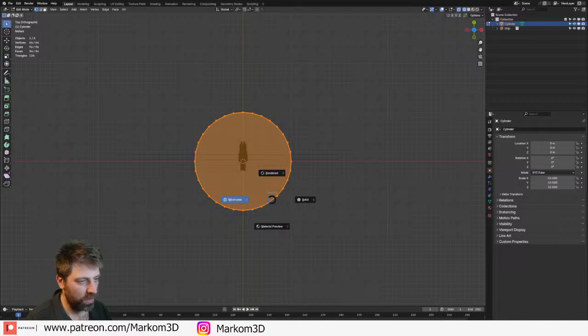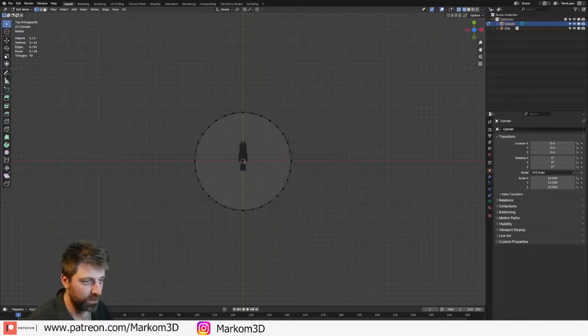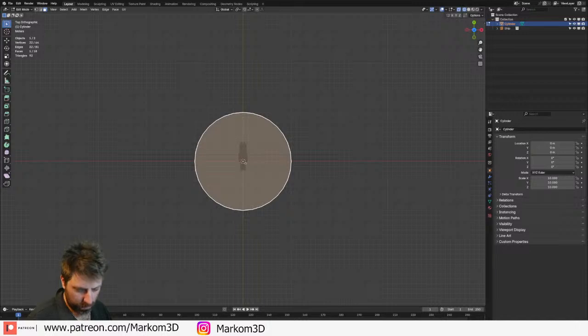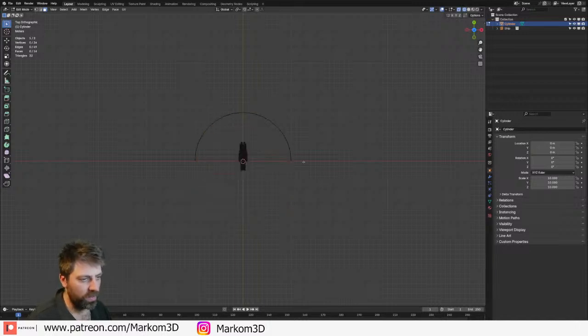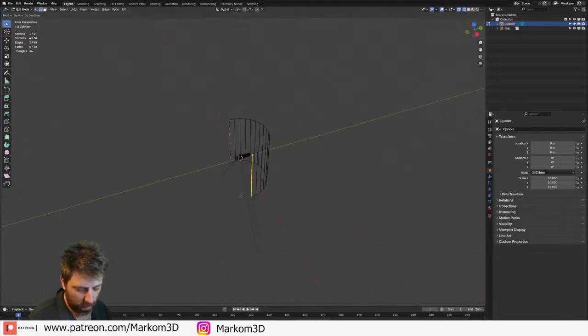Let's go something like this. Delete faces. Let's go U2, delete faces. And then we're going to go E to extrude along the Y-axis.